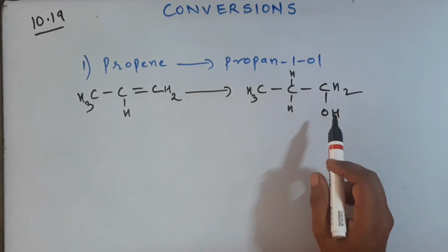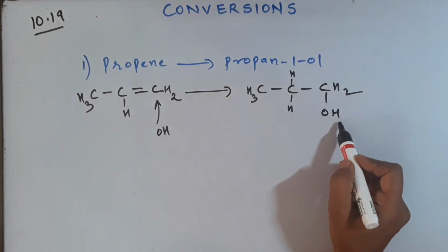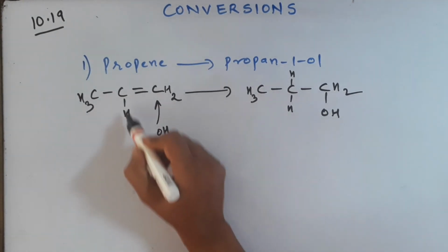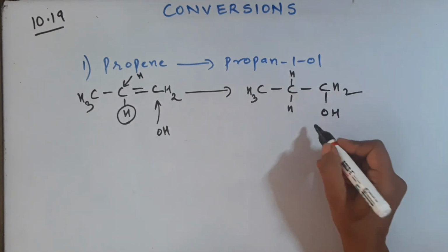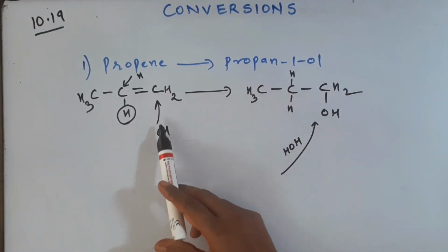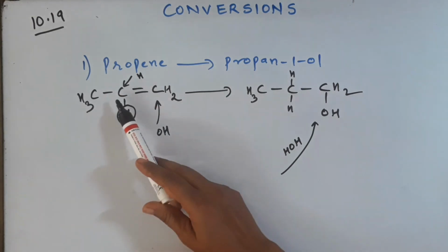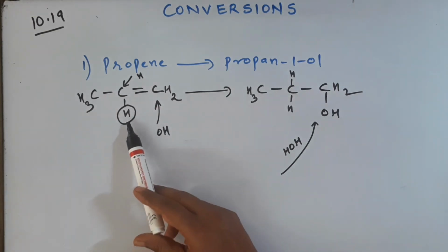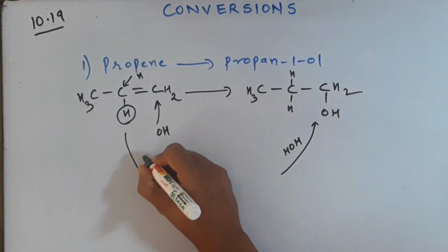So what have you done here? You have added OH, as you can see here, and you have added an extra hydrogen also. So let us say this was the previous hydrogen and we are going to add an extra hydrogen. So the addition of water has to be done here. Okay, addition of water has to be done here, and if you observe, it will be anti-Markovnikov's rule, because the hydrogen is getting added to that carbon which has fewer hydrogen atoms.